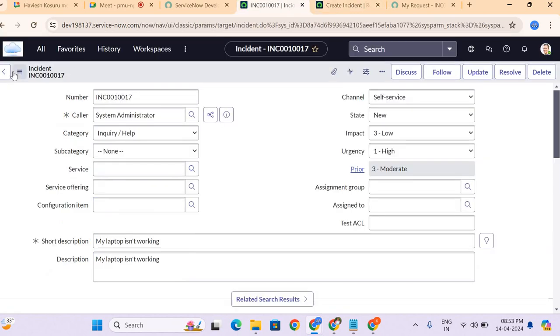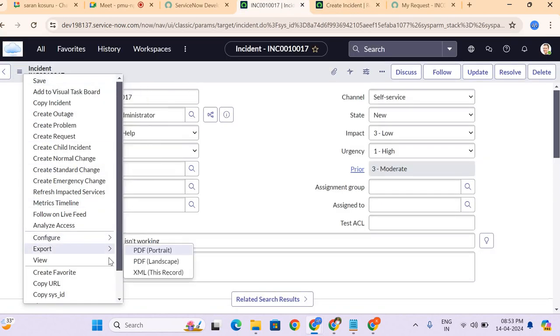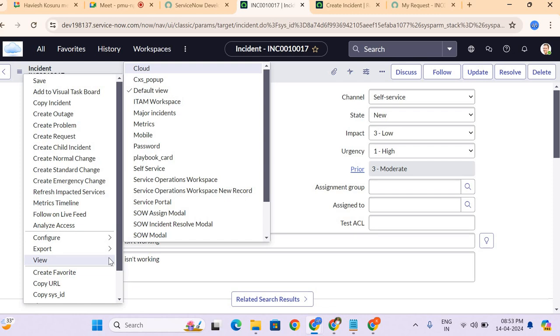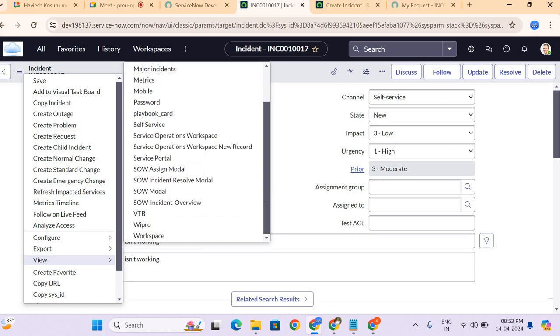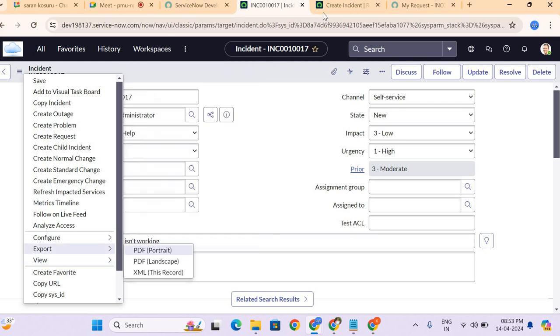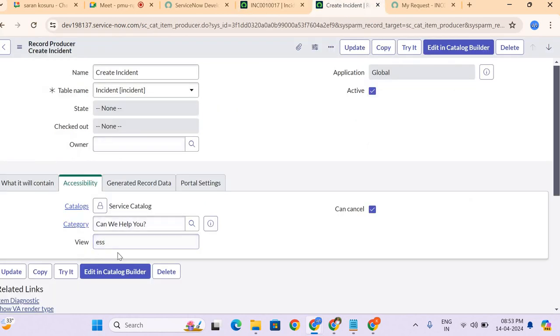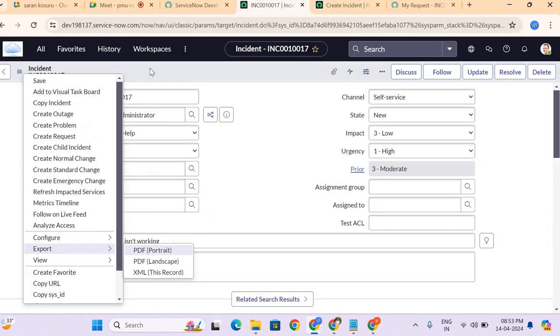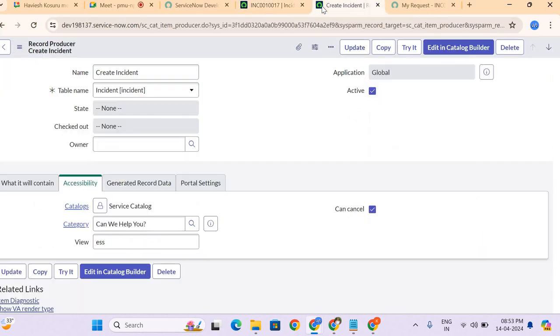If I click on view, we have all the views over here. If you specify some view, suppose let's say Wipro, you have to specify the view called Wipro over here. As of now I don't have the ESS view, so the record is created in the default view only.